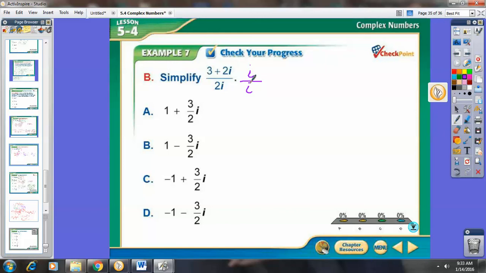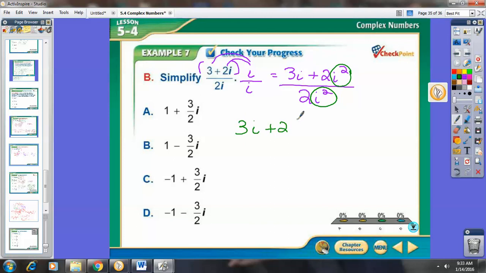So the numerator will have to distribute. I times 3 is 3I. I times 2I is 2I squared. In the denominator, we have 2I times I, 2I squared. What can we change those I squareds into? -1. So 3I plus 2 times -1 divided by 2 times -1, which is